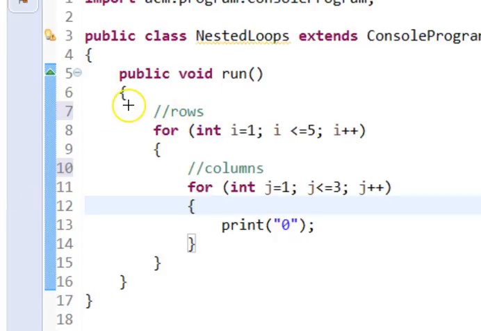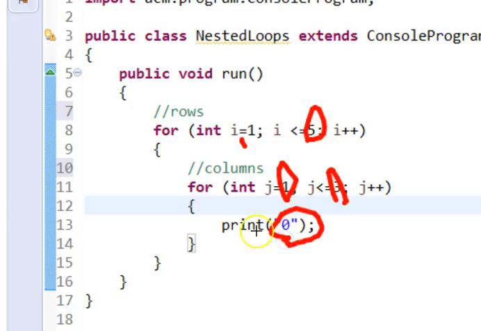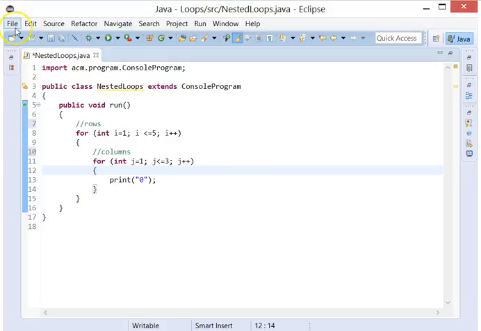Okay, so what we say to the computer is print 5 rows, from 1 to 5, and then print from 1 to 3, so columns of 3 and rows of 5 of 0. We're just testing for 0, so it's just going to print 0 with 5 rows and 3 columns. So let's see if it works. Click save and run,